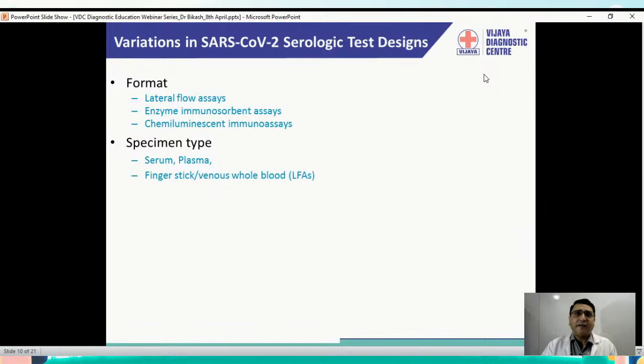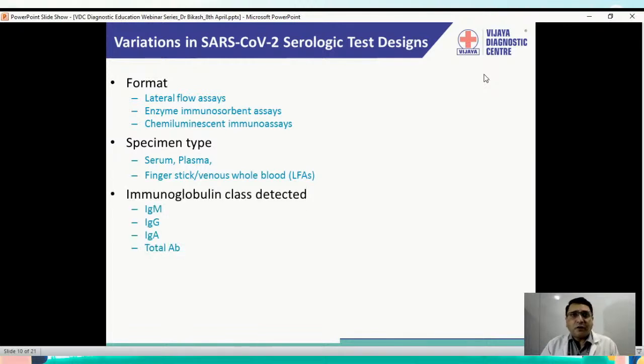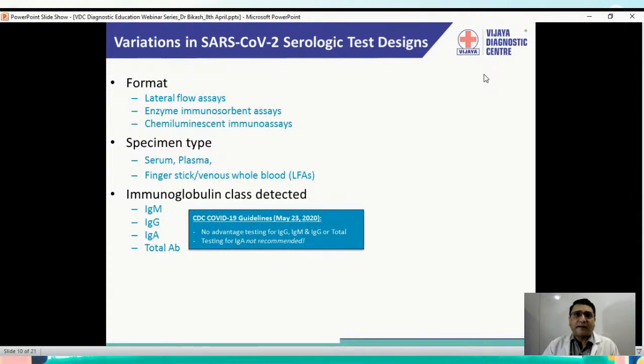Now, variation in SARS-CoV-2 serological test designs. First of all, if we talk about the format, there are different kinds of formats such as the lateral flow assay, enzyme immunosorbent assay, chemiluminescent immunoassays. Then if we talk of the specimen type, it could be serum, plasma, finger stick, venous whole blood, lateral flow assay,